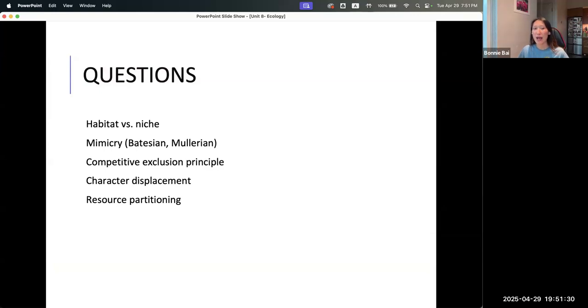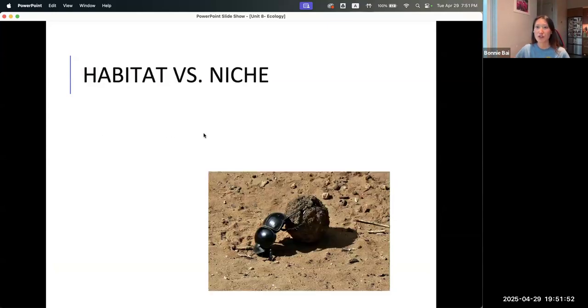What we're going to talk about, we'll talk about habitat versus niche. There are also other interactions other than the ones below, like predator and prey relationship, herbivores and the plants, competition. Those are all fairly easy to understand. So I'm going to focus on some of the newer material or material that you learned freshman year that you probably don't remember. Habitat versus niche. Habitat is just where they live, versus niche is where they live, including that.